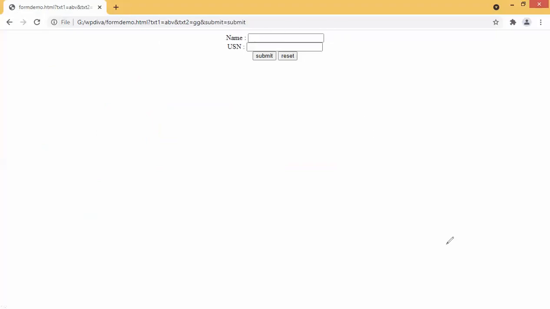See, so what I did here, guys, I re-executed using the get method. I entered some values and I clicked on the submit button. When I click on submit and the form values are submitted, you can see that every piece of data is visible in the URL. The value of text box 1 is ABB, the value of text box 2 is A11, and the value of submit button, I have clicked the submit button. So it means that the get method is not at all secure. Is it clear? Did you understand the difference between get and post?